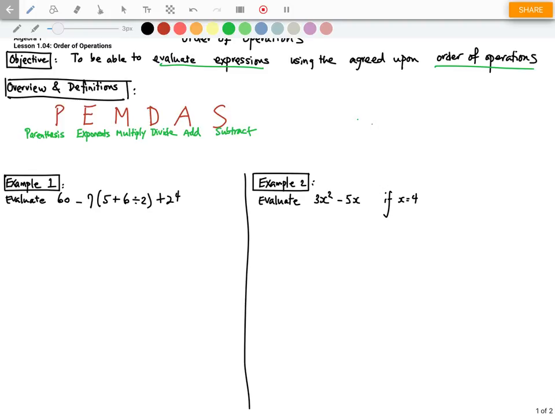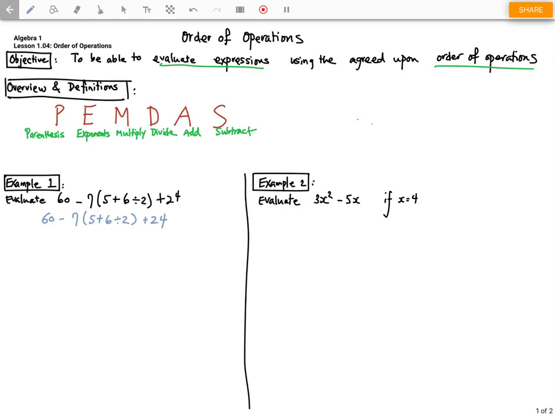Example number 1 asks you to evaluate 60 minus 7 times parentheses 5 plus 6 divided by 2, close parentheses, plus 2 raised to the 4th power. Okay, so let's start out by writing the expression. 60 minus 7 times (5 plus 6 divided by 2) plus 2 to the 4th. Okay, so